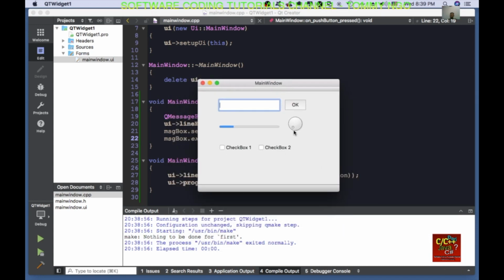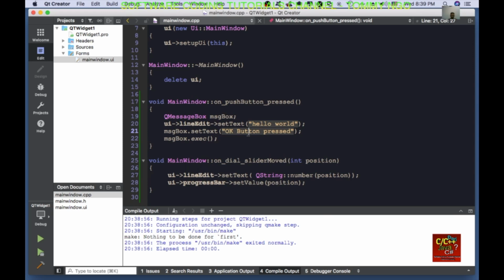Go ahead and move the actual radio button here, and you can see the progress bar is moving and the position numbers are also being changed here in the line edit text box. Okay, so let's kill the application. Okay, so let's go back to our main window UI